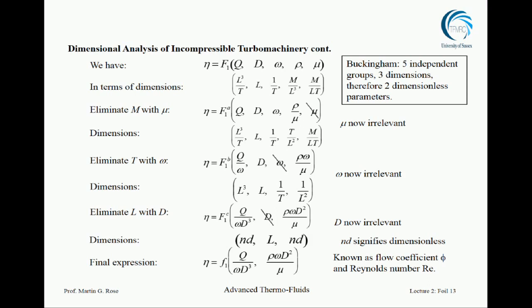We now look at that and say, right, we want to eradicate time from this equation. Having eradicated mass, we now eradicate time. And time appears in a lot of terms. It's in the first one, the third one, the fourth one, and the fifth one. And what we do is we take omega, which is the rotational speed, and we divide the first term by omega, taking the one out. We divide the fourth one by omega squared,